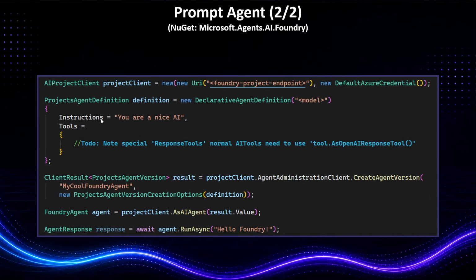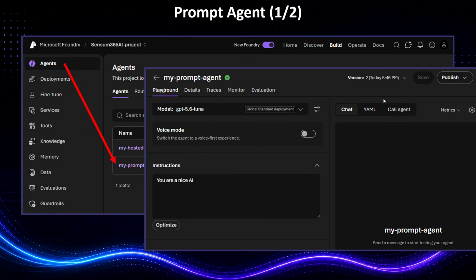So when we do that, we put in our creation options, which is our definition, and we can then say we want our AI agent as a result of that creation. We can also just say as AI agent with the name once it's created, so we don't need to create it every single time. And if we create it with different options here, we will end up with various versions, and you can actually go back to previous versions. So there's a kind of version control in this.